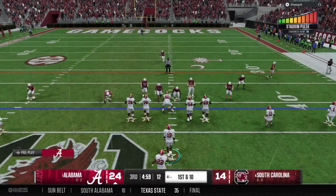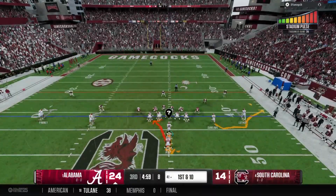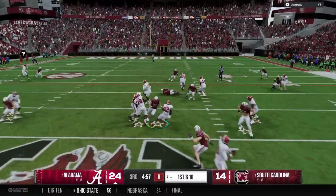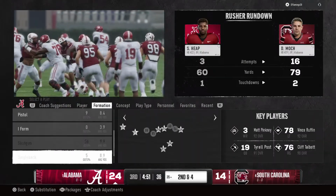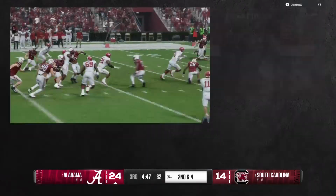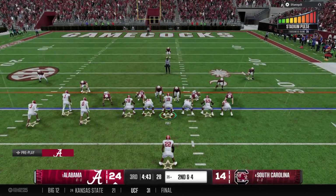Here comes the Alabama offense onto the field. First play of the 3rd quarter is a handoff. Breaks a tackle on the play and makes a decent gain. Great job by the offensive line here, opening up some holes and giving the running back room to run on 1st down. Plays like this can open up the playbook for the play caller, allow him to make that defense